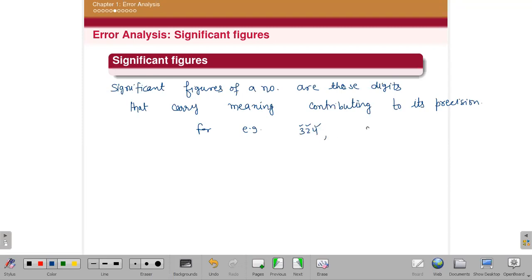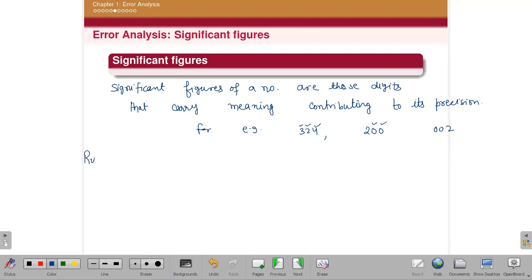And if I write 200, obviously this is 200. If I remove one of the 0s, its value will obviously be reduced. It will be 20 only. So this 0 and this 0 are giving this number a meaningful contribution. So all the digits are significant digits. But if I write 002, its value is 2 even if I remove the 0s. So it contains only one significant digit. That's the meaning of significant digits.